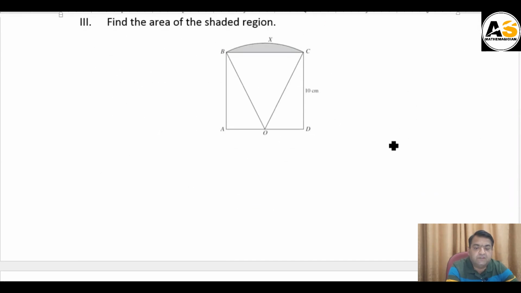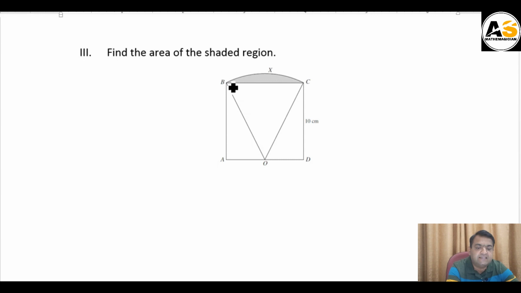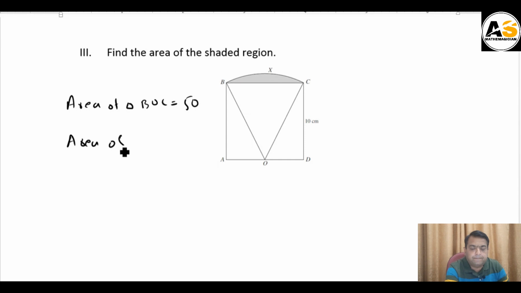In the next part of the same question, we have to find this shaded area. Shaded area is area of this sector minus area of this triangle, and this triangle is half of the square. Area of triangle is equal to BOC is equal to 50, and area of sector is equal to 1 by 2 r square theta. R is 5 square root 5 and theta is 0.9273,